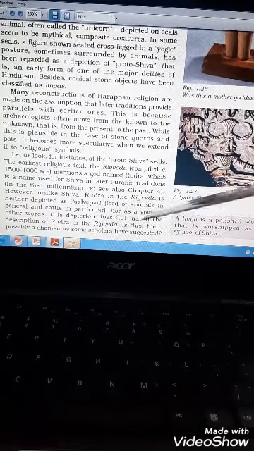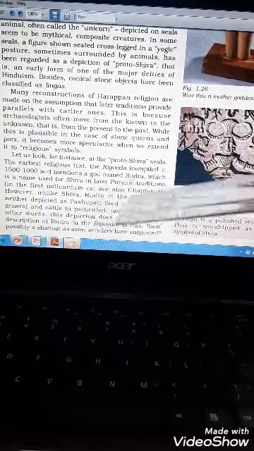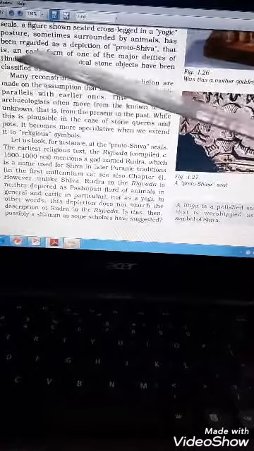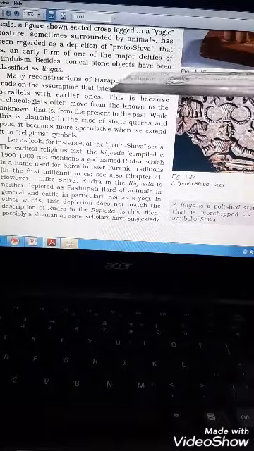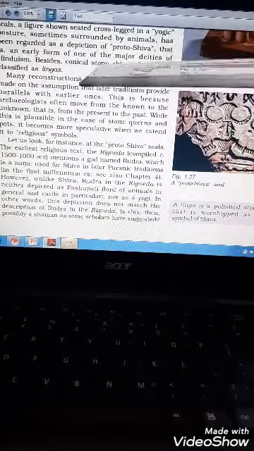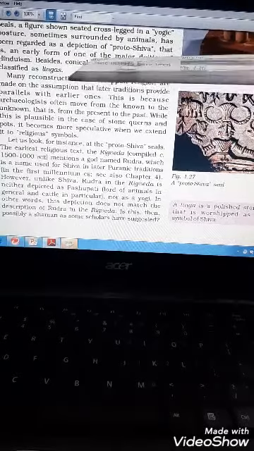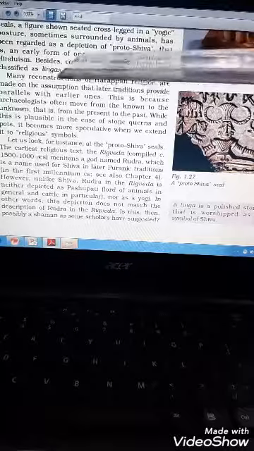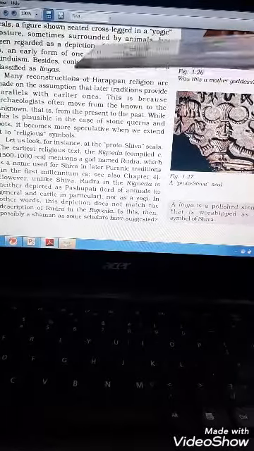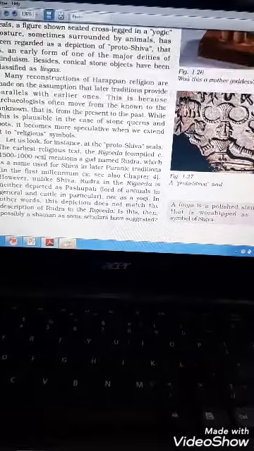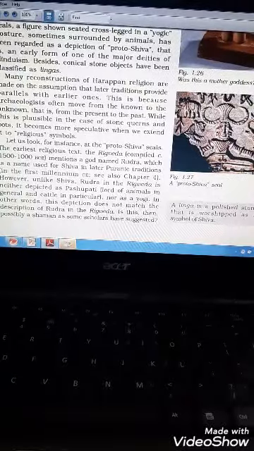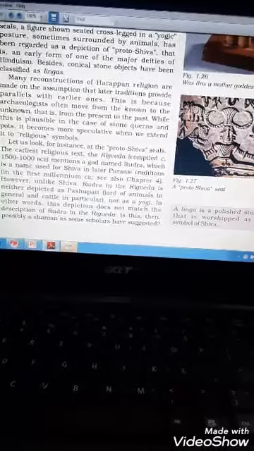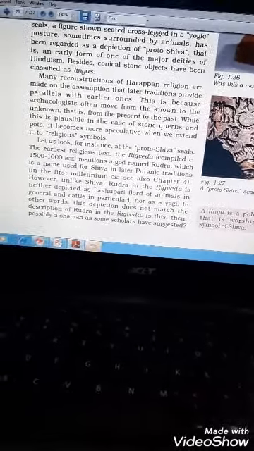Apart from that, a conical stone object was also found. This conical stone was most probably used to play chess during that time period. But what they have classified it as is a linga, which people used to worship during that time period. Now regarding the religious life, what we have seen is that they worshipped